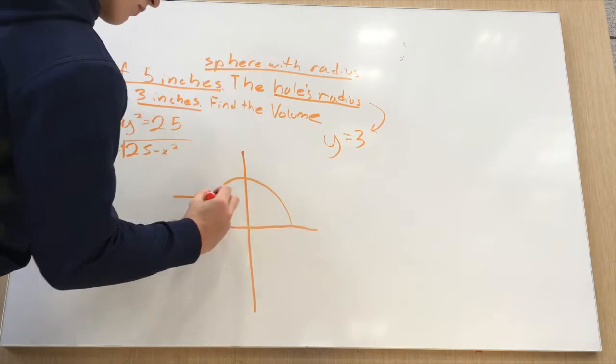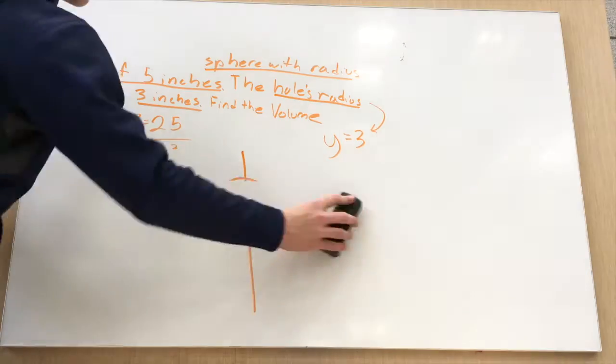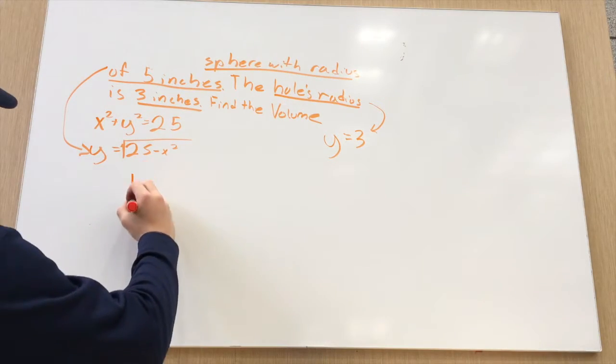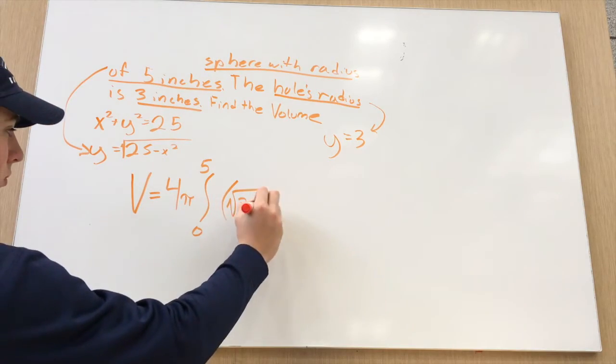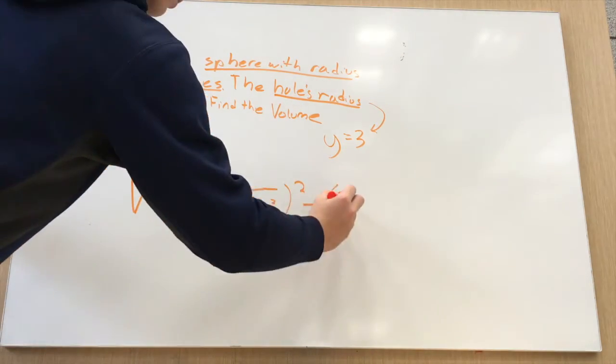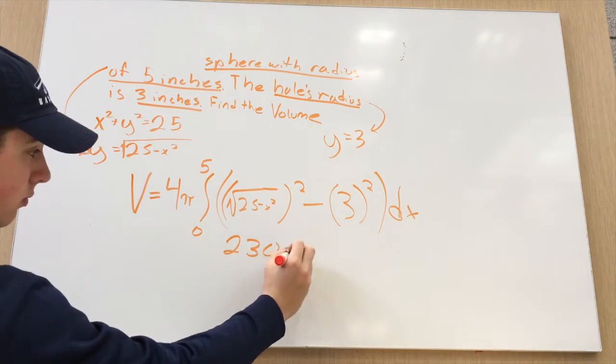So I apologize in advance. I messed up a little bit on this. I should have drawn, for what I was doing, just the quarter in the first quadrant, because as you see in my integral, I'll give volume equals 4 pi times the integral from 0 to 5, which will just be that 1/4, the large radius minus the small radius, which would be the drilled hole, and that'll come out to